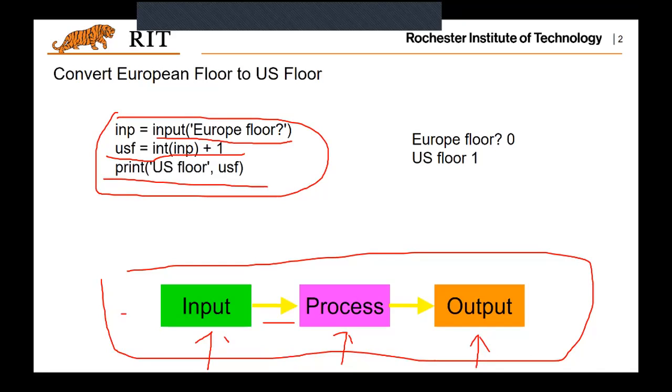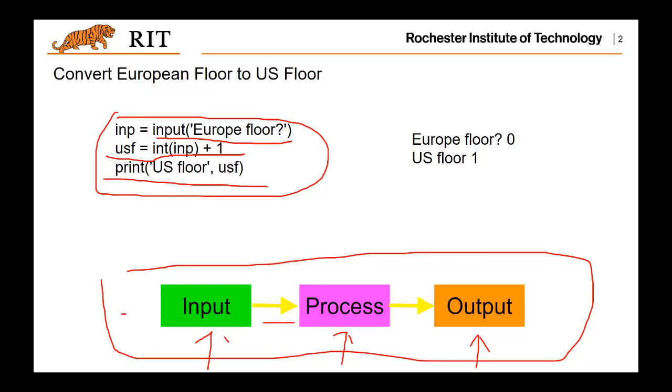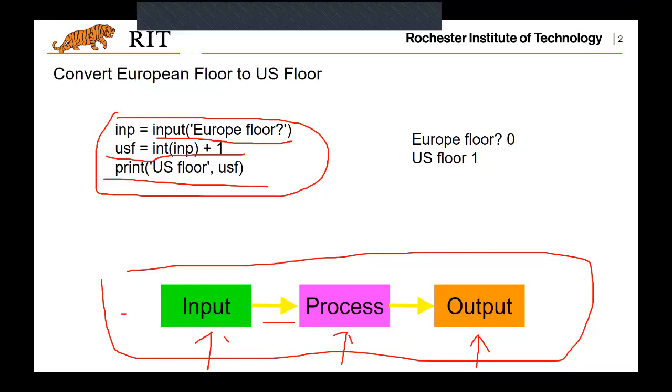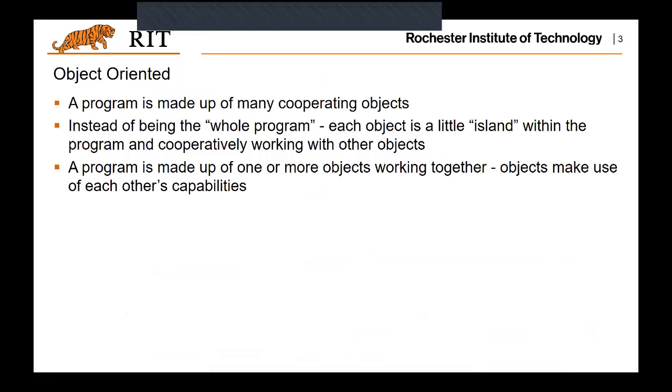So that's code organized by the process, which I mean is process oriented, meaning it's straightforward. You have input, you have a process, you have output. But many times, this is not sufficient. You want to have a better way to organize your code. And that's what the